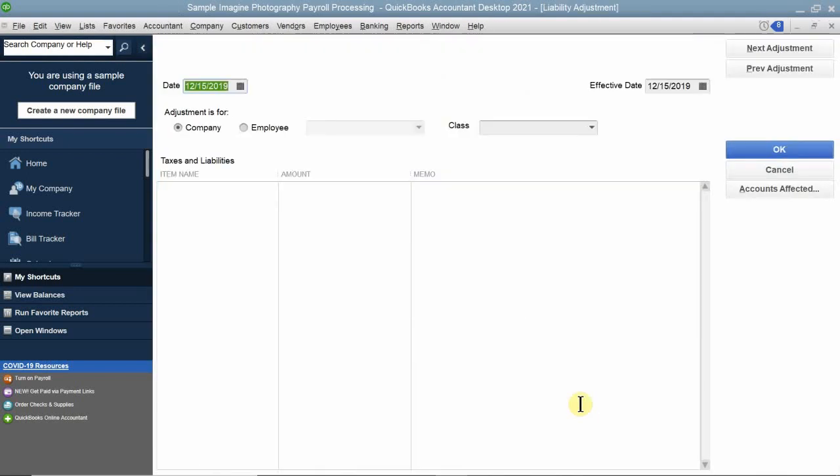So now this window is going to pop up asking what kind of payroll liabilities you are making an adjustment for. Once again, the date is fine. You definitely want to make sure that you're doing it for the company, okay? And for any class reasons, maybe for some reason we didn't do something in San Jose, or this tax is related to California tax for San Jose, then you can go ahead and justify it there. Now, in most cases, because it's a payroll liability, this would definitely go towards both employees, which could be for both